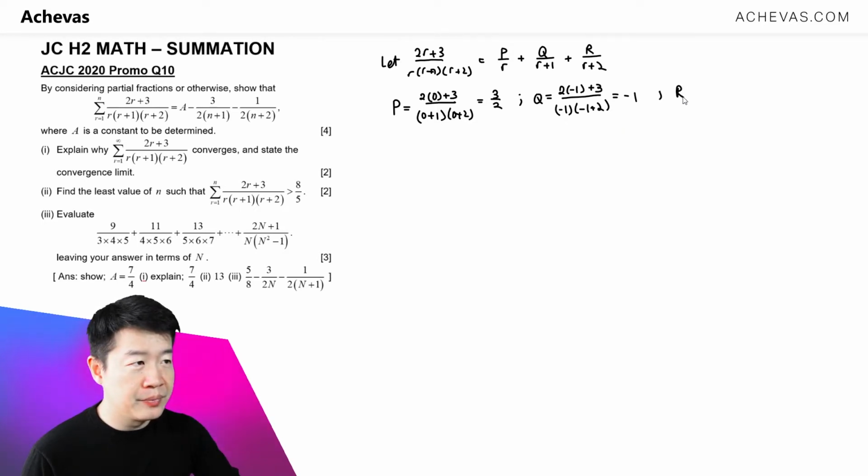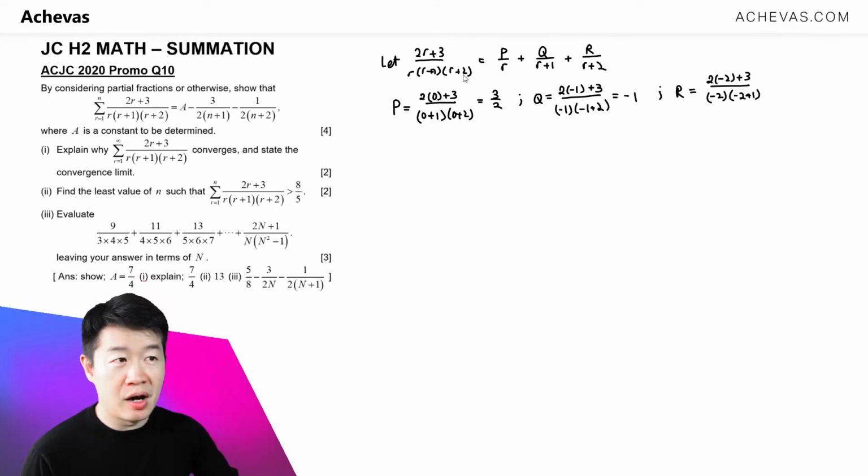Finally, r here, I'm going to be letting r be equal to minus 2. So it is going to be 2 times minus 2 plus 3 divided by minus 2, and then this will be minus 2 plus 1. And I will be covering up r plus 2. And r is going to get me a minus 1 over 2,